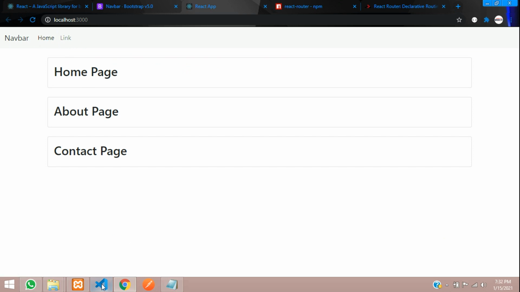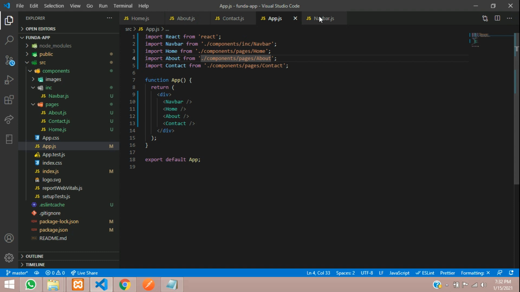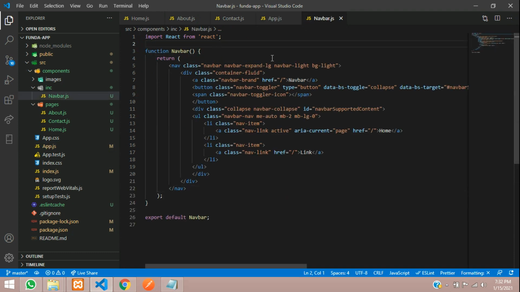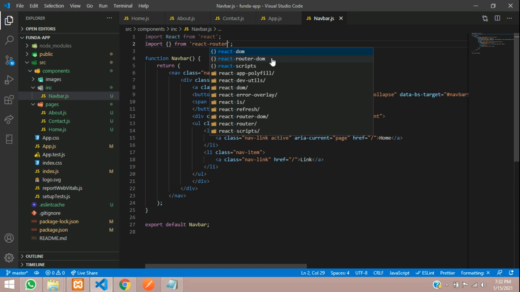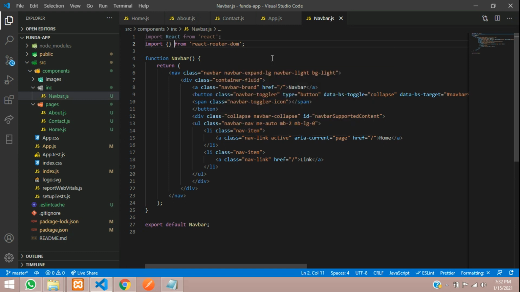So guys, now let us set a link for it. As you have installed your router, guys, now let's start with that linking part. So import, not Route directly, we have to include those things, with an open curly brace and close curly brace, from your installed package. The package name is nothing but react-router-dom. Okay, so this is the package, and in this navbar file, I am going to use only Link from it. So let us just call Link, and we are going to use this.